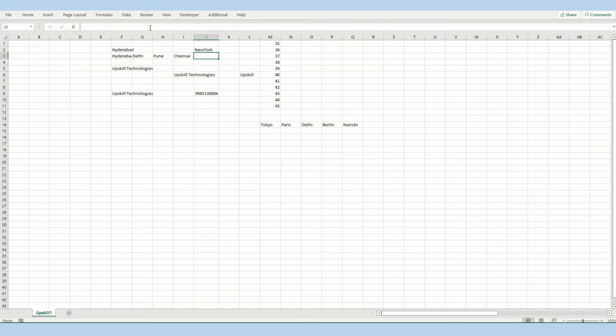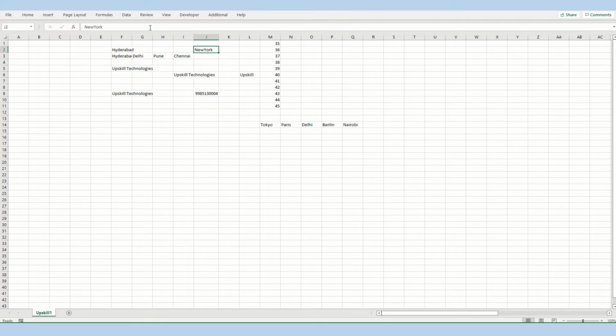Now this is one thing. The second thing is sometimes you don't want to replace the entire thing in the cell. You want to make a small modification. Like in this cell, you've got New York, but I want to give a space in between the New and York. Okay, it's not a big word. I can type it again, but if I just want to make a small minor change,